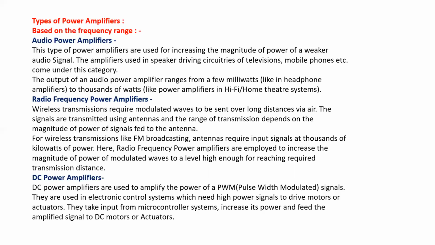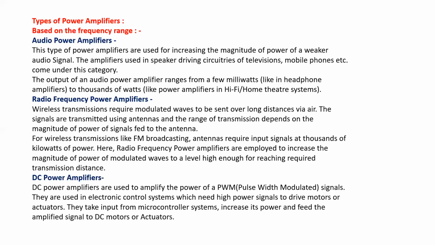The third type based on frequency range is the DC power amplifier. DC power amplifiers are basically used to amplify the power of PWM, that is pulse width modulated signals, which are used in electronic control systems which need high power signals to drive the motors or the actuators, which are used in different control systems. They take the input from the microcontroller systems, increase its power, and feed the amplified signal to DC motors